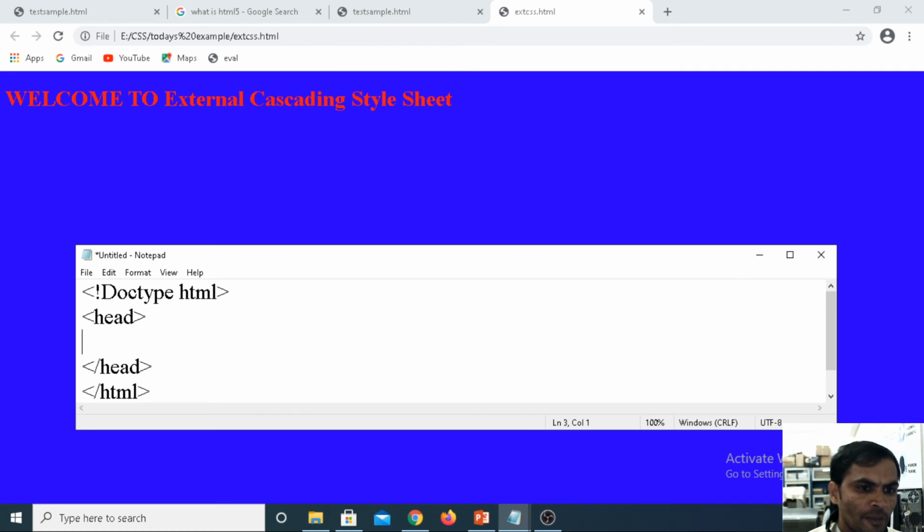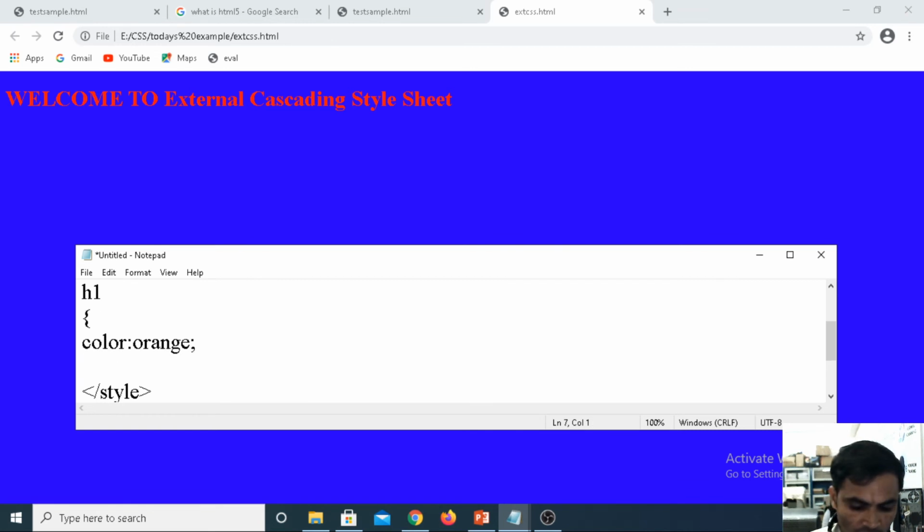The global attribute we can declare inside the HTML, and we can declare outside the HTML also. Inside the head section, now I am defining style, closing this style. Now I am defining the selector, the element selector. I am taking h1, and for the heading, color equals orange.